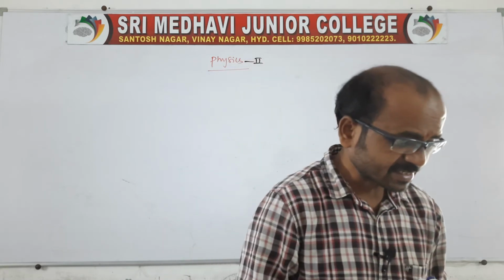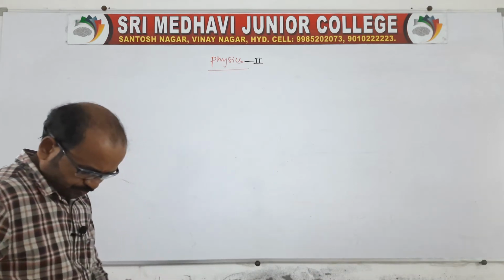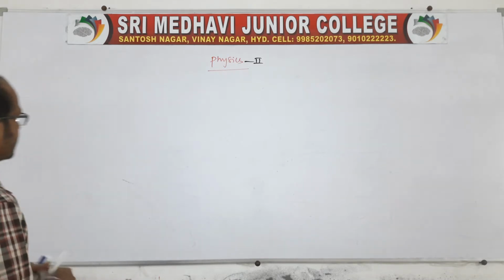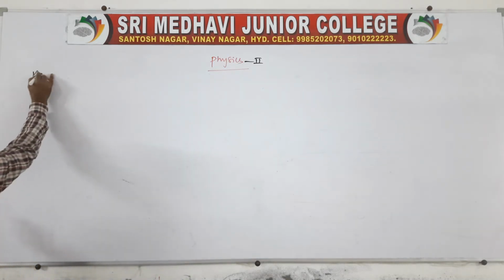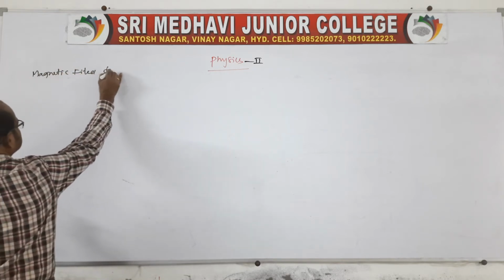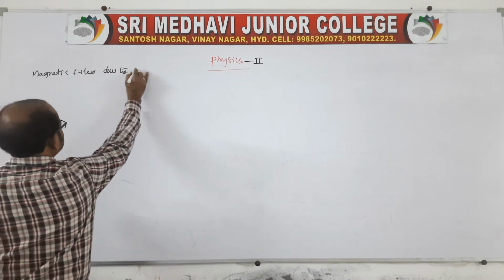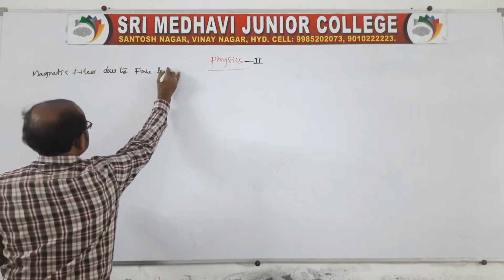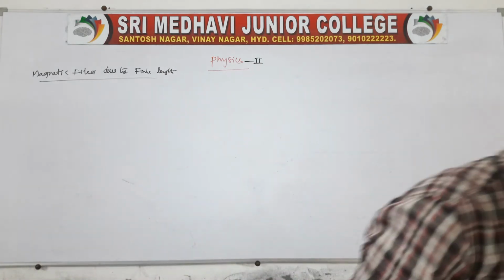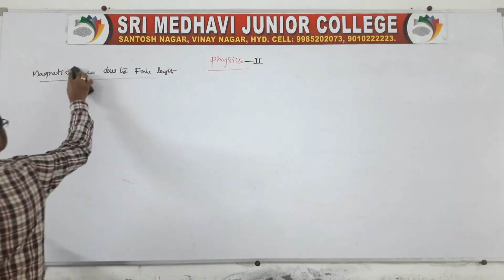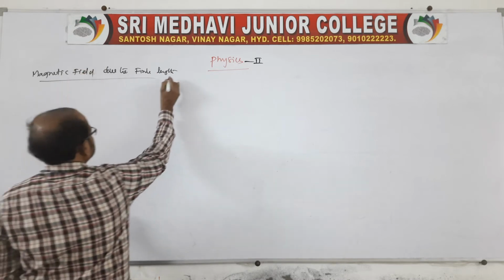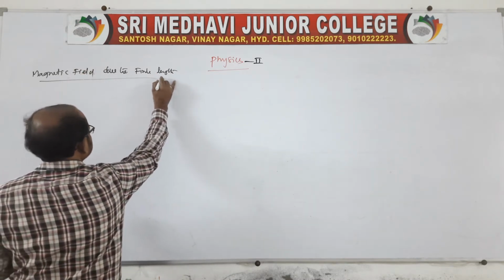So there is a length given as the finite length. See, I'll tell you how to do it, because this relation is important for the Ampere's rule. So here the side heading is magnetic field due to finite length. Length is finite, not infinite. Infinite is over, no? Due to finite length, which is carrying a current I.